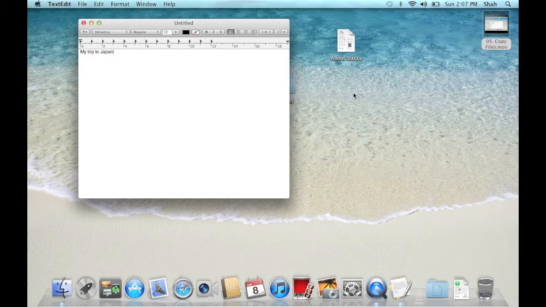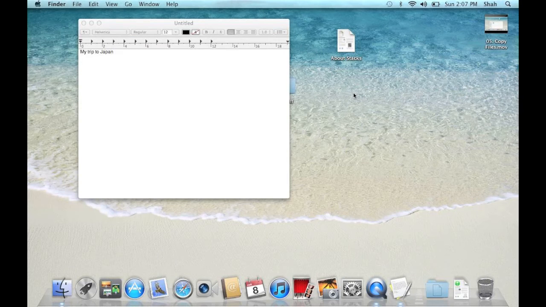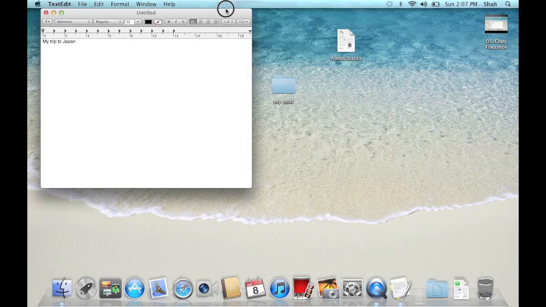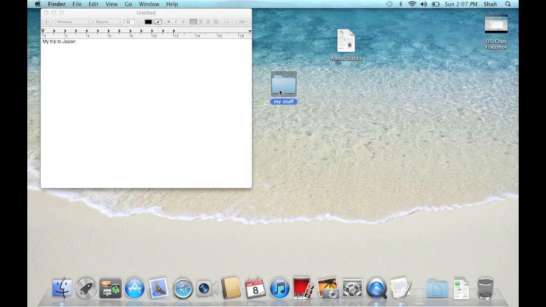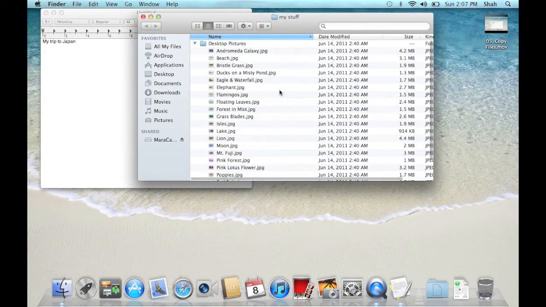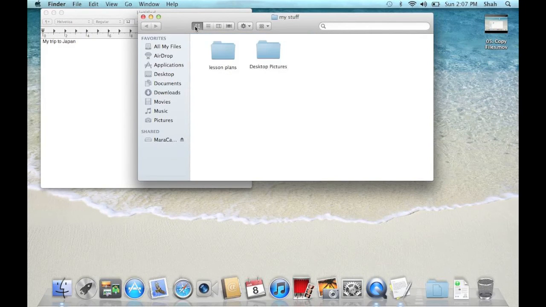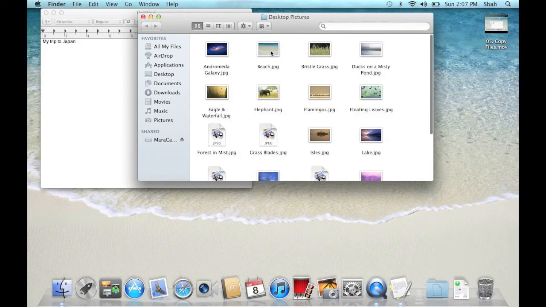Click on the desktop and locate the My Stuff folder. Open the My Stuff folder and open the Desktop Pictures folder. I can drag a picture into the Text Edit document.